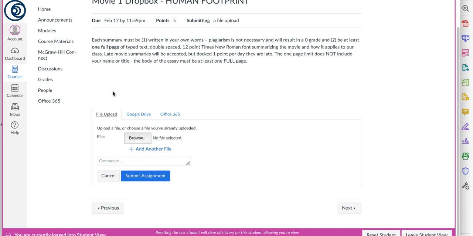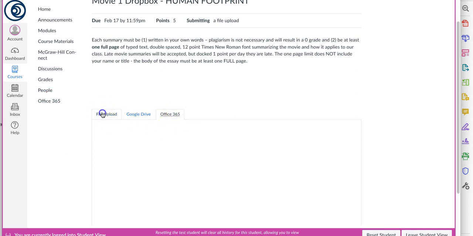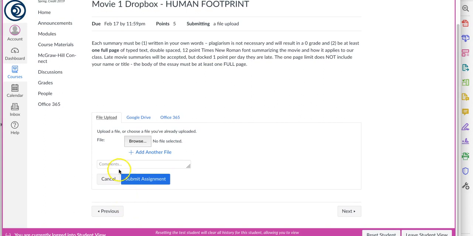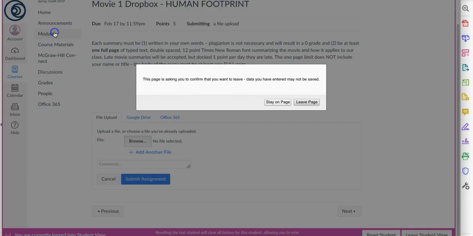In this class, we'll just be using Word. But if you'd like to, use this as your Microsoft Word program and then link from there, you sure can. Otherwise, if you have the document on your computer, just click Browse, find the file, and then just click Submit. You should not be submitting more than one file for the movies, and you don't have to include any comments. Just upload it to my Dropbox, and you're good to go.